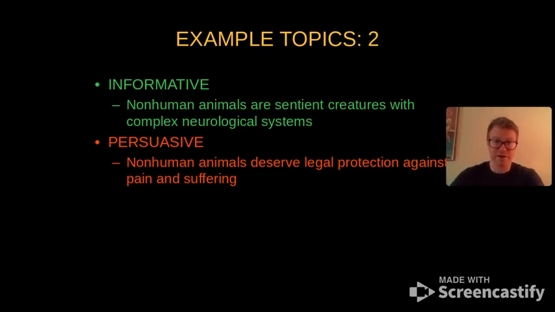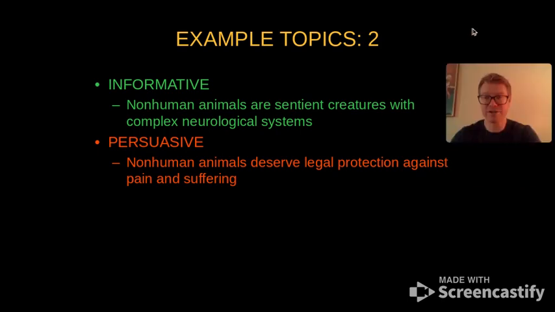A persuasive speech on the same topic, however, would be something to the effect of: non-human animals deserve legal protection against pain and suffering. So again, that's not just trying to inform you of something, but convince you to take a particular position or adopt a particular stance about what we should do, given what we know about non-human animals and their brains. And so as you see here, you can use an informative speech topic, or you can use the substance from that to be the basis of a persuasive speech, but they are fundamentally different in their objectives and the way